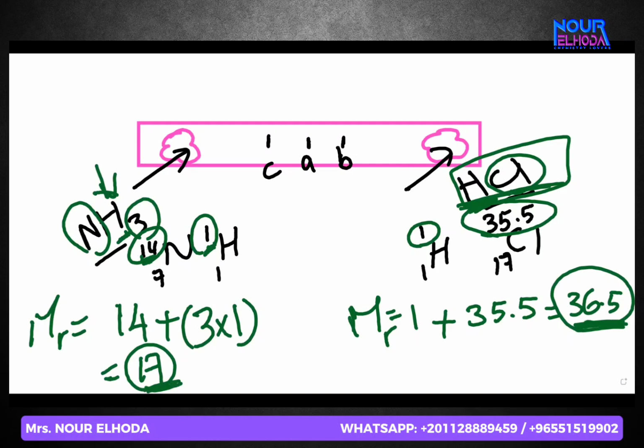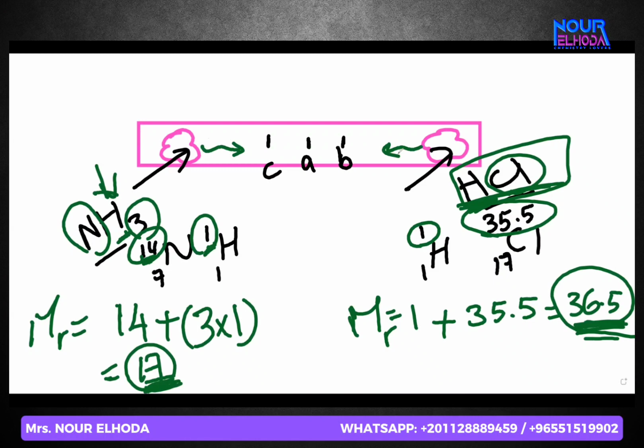May I ask a question? Yes, sure. Do we calculate Mr by using the neutron number or atomic mass? Atomic mass, which is the big numbers. Okay. So here it is 36.5. Well, here it's 17. So which one is heavier? Which one will move slower?